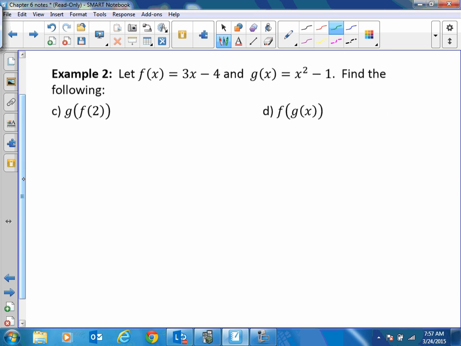Okay, going a little bit further. So now we have, it says f of x is 3x minus 4, g of x is x squared minus 1. So it says g of f of 2. Okay, so f of 2 is going to go first. So this is f of x. So if I have f of 2, then I'm going to have,